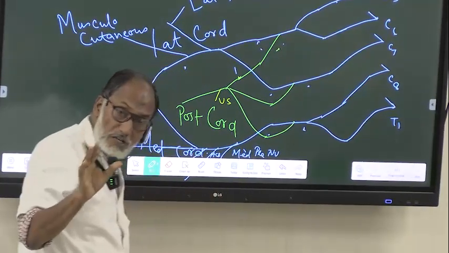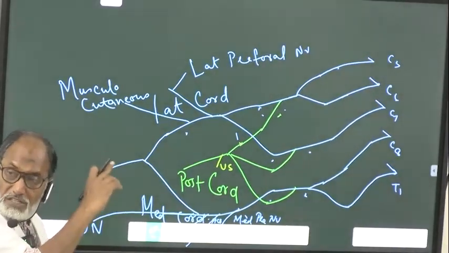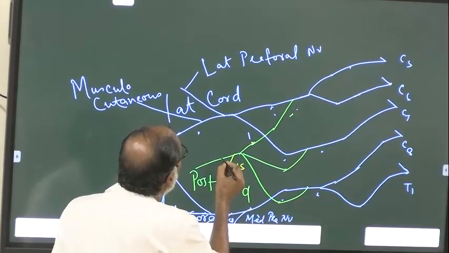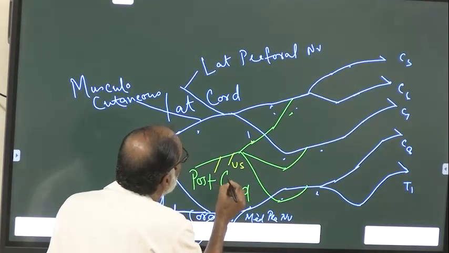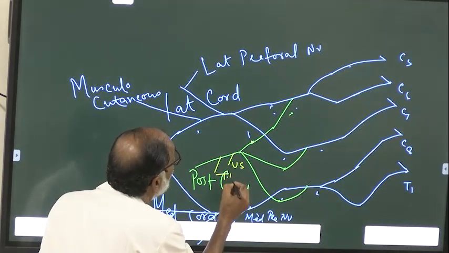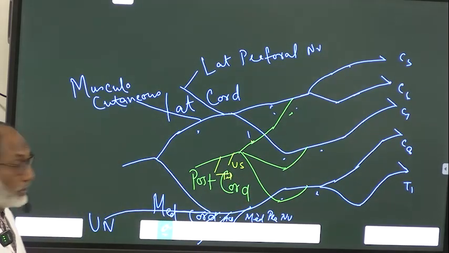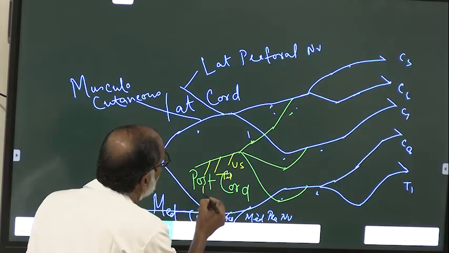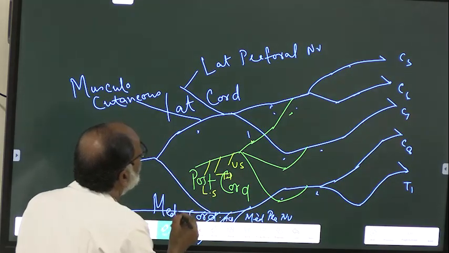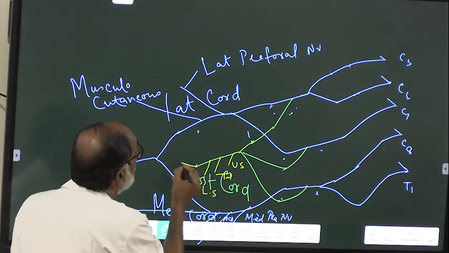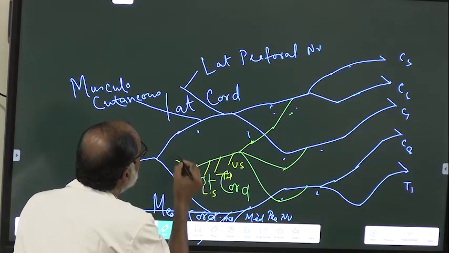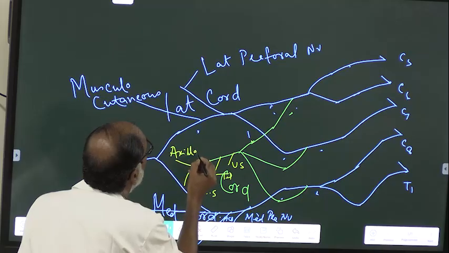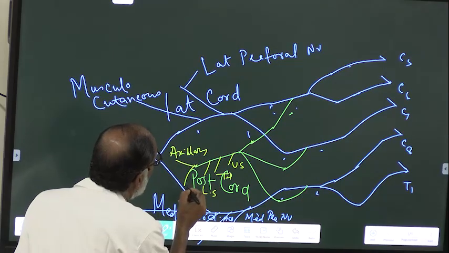There is a subscapular muscle, and it supplies it. Then thoracodorsal. Then lower subscapular. And ultimately it gives two terminal divisions. One is the axillary nerve